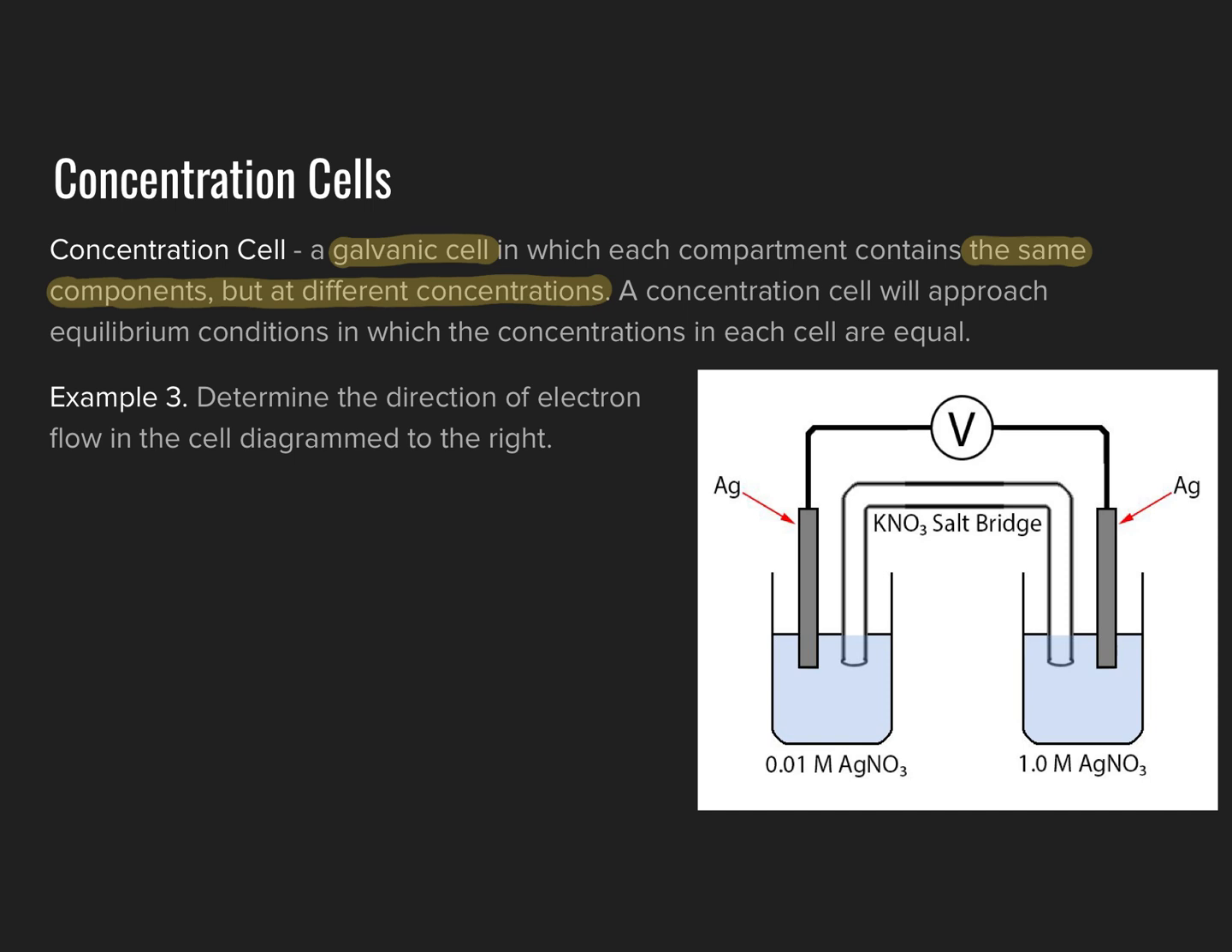The difference here being that in the left-hand compartment, we have a silver nitrate solution concentration of 0.01 molar, and on the right-hand side, we have a silver nitrate concentration of 1.0 molar. So let's start with a quick description of the actual reaction that would be taking place